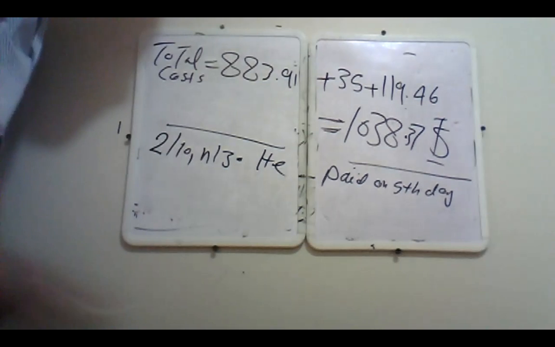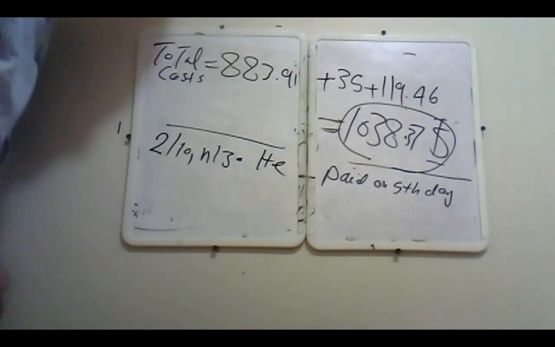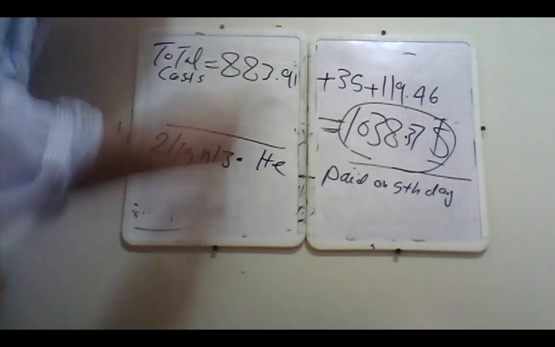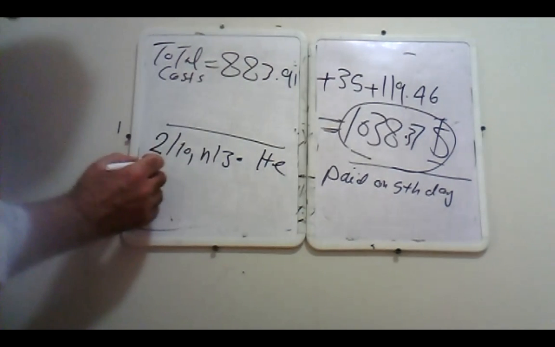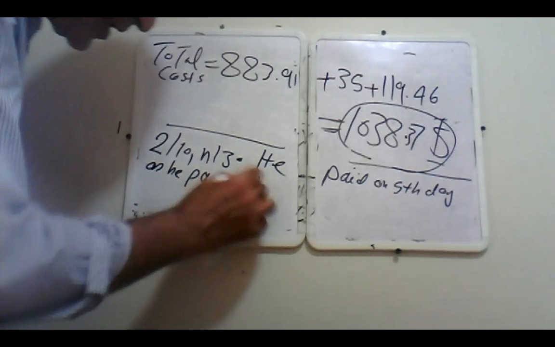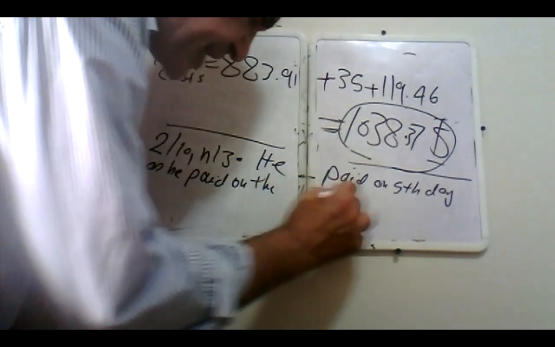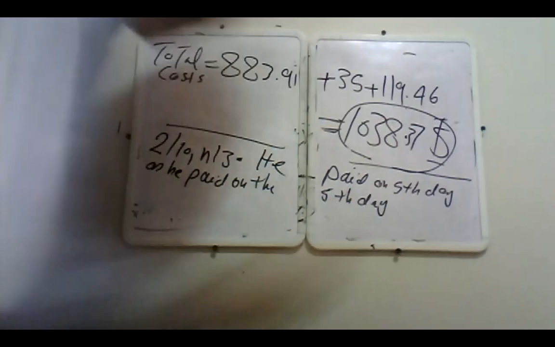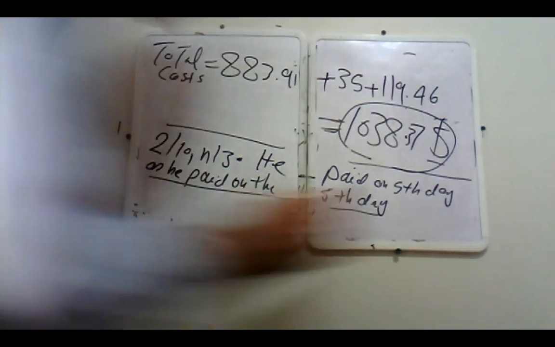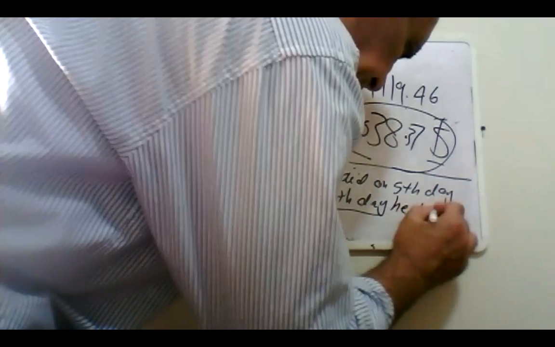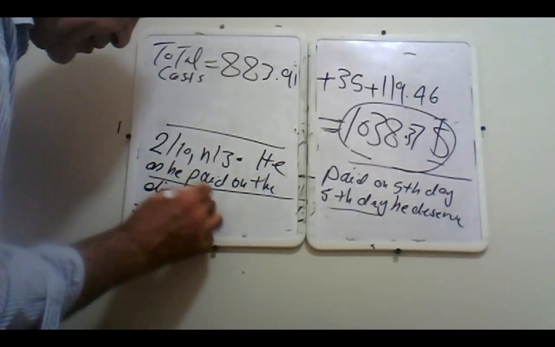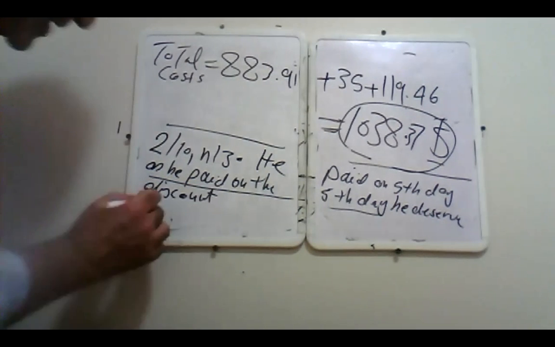Then the discount will be from what? From the price list. This will be the net price. Then we'll say, as he paid on the 5th day, as he paid on the day number 5, then he deserves the discount. Then the net price,